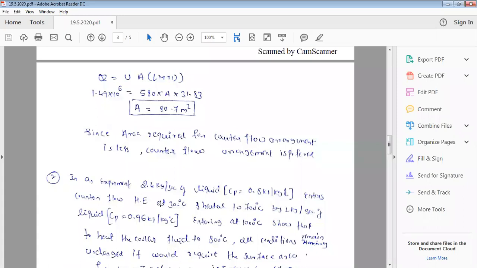Okay, in the next class what we will do, we'll move further. We'll do the derivation for NTU. Okay, now this is the LMTD concept. Now we'll go for the NTU method, number of transfer units method. In that the problems are very interesting again, because there the temperatures are not given and you should solve the problem. It's very easy also. Okay, in the next class we will meet by solving derivations of the NTU method.